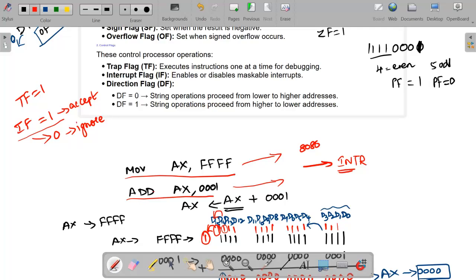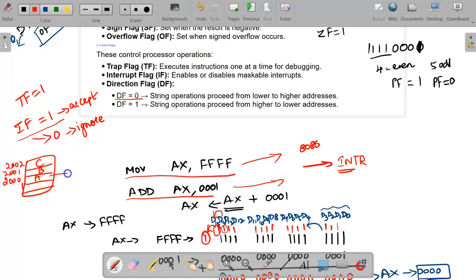So the direction flag is very useful in string operations. For example, if I have a string and my addresses are 2000, 2001 and 2002, with the values A, B, C. If DF is equal to 0,